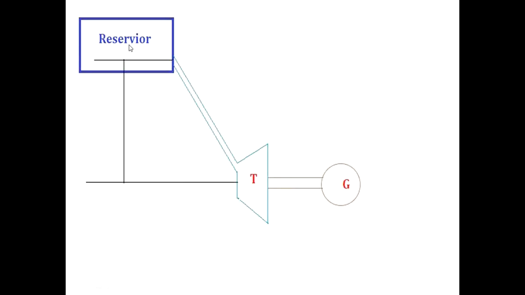The reservoir is here. It is maintaining the gross head, and then water is coming in the pipe. That pipe is a hydraulic pipe, which has some losses. That loss will be hf, 4fLV square divided by 2gD, which you know very well. The gross head available here, sorry, the net head available at this particular point to the turbine is equal to gross head minus hf. I will write this as H.